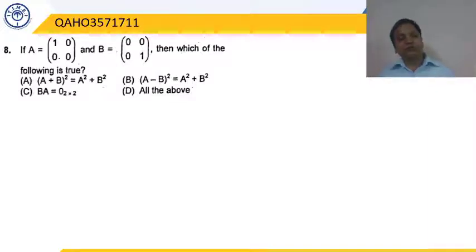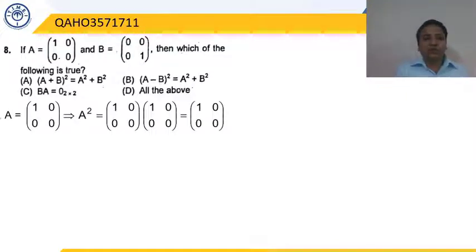Then BA. BA means multiplication of matrix B by matrix A. You are getting a null matrix of order 2 by 2. If any one of the choices goes out, we say D cannot be the answer. But if one choice is correct, then we have to check at least one other choice to be sure enough whether D is the answer or not, because it's a multiple choice question. So it says A is 1 0 0 0 and B is 0 0 0 1. So let's start the case.